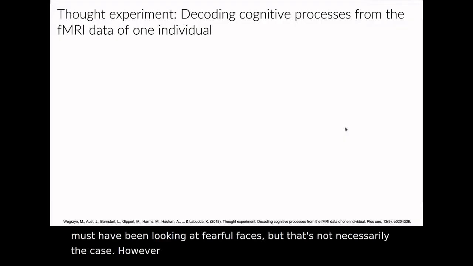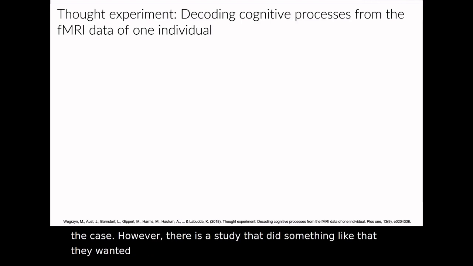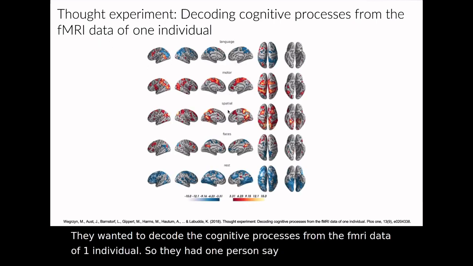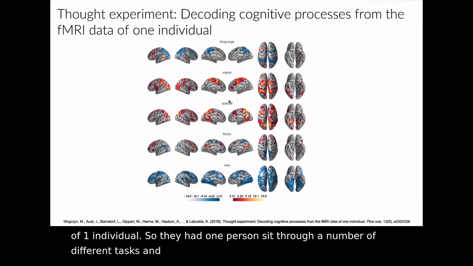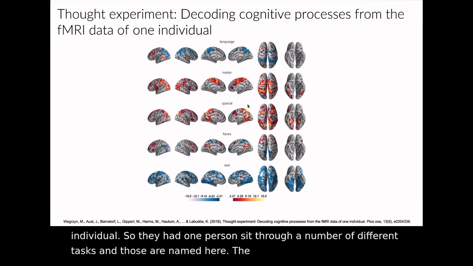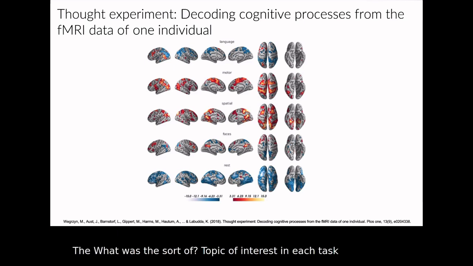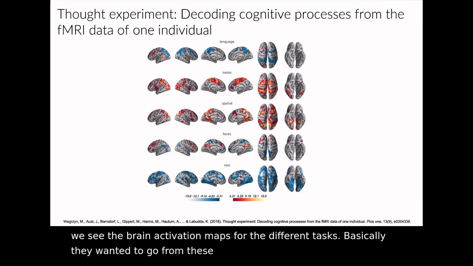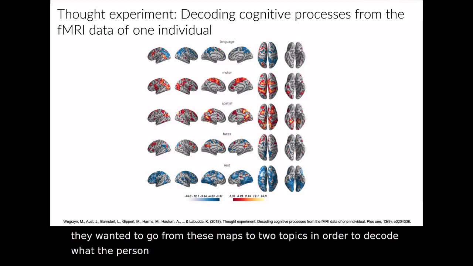However, there is a study that did something like that. They wanted to decode the cognitive processes from the fMRI data of one individual. So they had one person sit through a number of different tasks, and those are named here. What was the sort of topic of interest in each task. And here we see the brain activation maps for the different tasks. Basically, they wanted to go from these maps to topics in order to decode what the person was doing